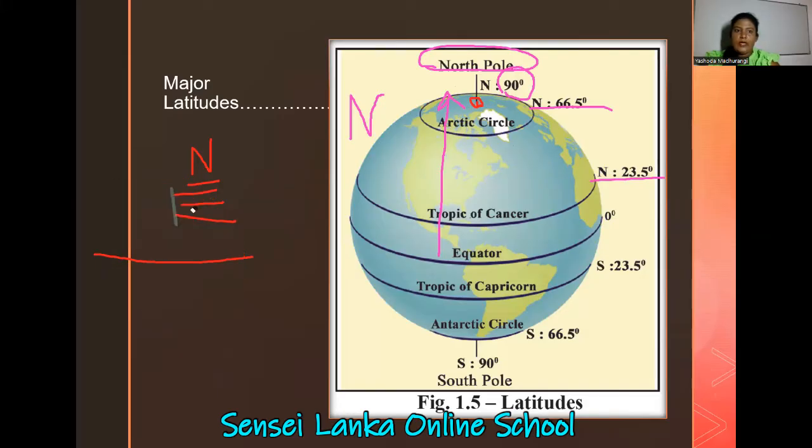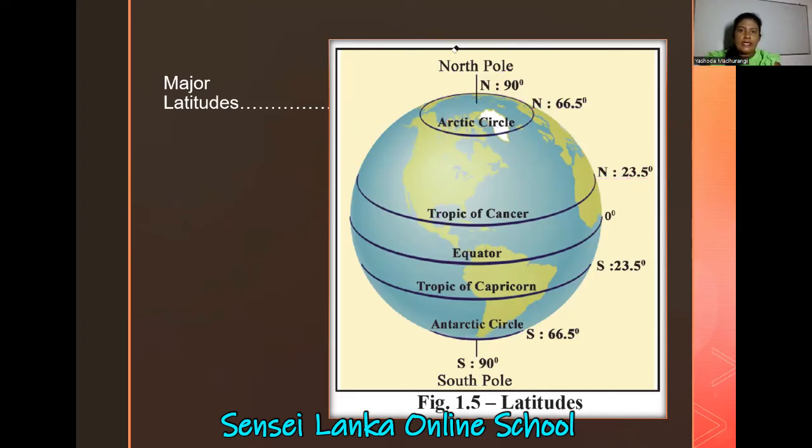Yes. Now we are moving towards the south. Shall we go towards the south from the equator? This is the equator. Now we are moving down. Equator is 0. Then there are many other lines like this. They are latitudes. But when it comes to this value, 23.5, now it is south. So you have to write capital S, because it is south.